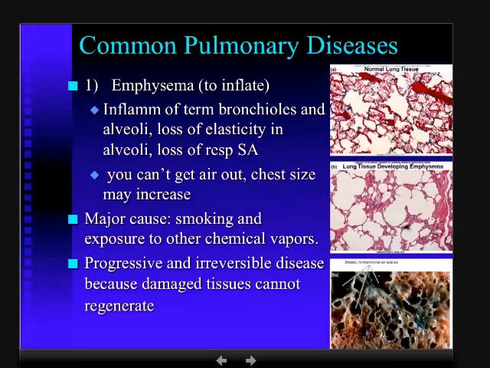And there are various causes here. The major cause is smoking, but exposure to other chemicals can also cause this degeneration. It is irreversible, and it is a progressive process, so it just gets worse with time, and it's a very sad way to die. All right, you can see evidence of that here as you look at a normal lung